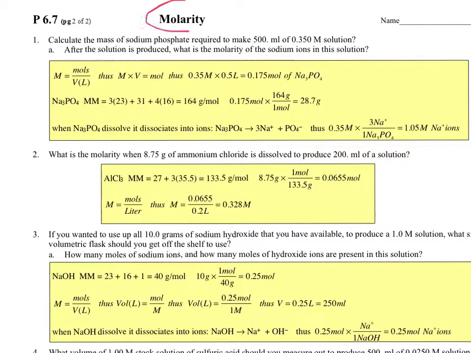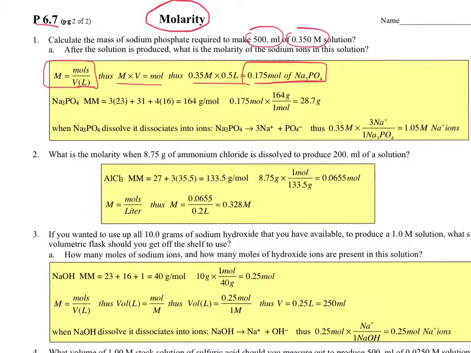Okay, here we go. We'll take a look at the molarity worksheet 6.7. First thing you must do is memorize the molarity equation. You need to have that in the bag. And then if your algebra doesn't fail you, you can realize that molarity times volume will always give you moles. So in this first problem, we're given a volume, we're given a molarity, so a simple multiplication will give you